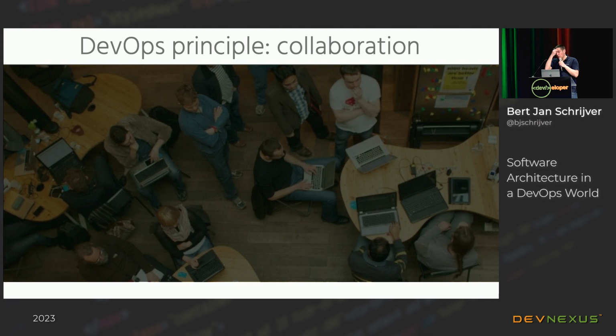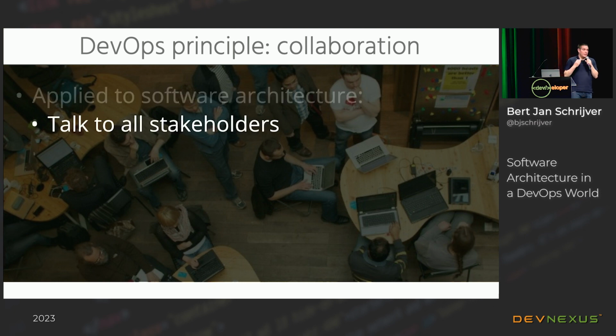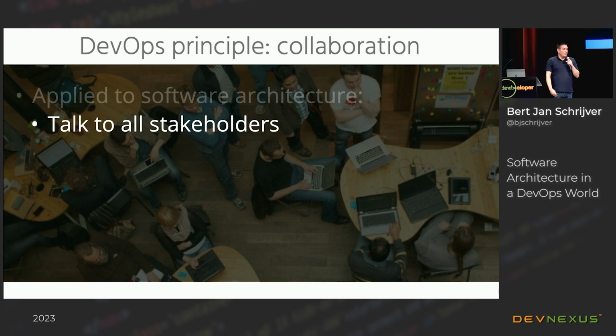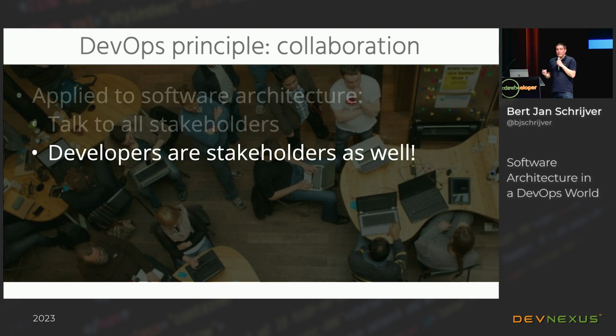So if we talk about collaboration, it's important that as an architect, or somebody who has an architecture role, you talk to all stakeholders that are involved. Maybe the people responsible for the business, people who are in support, people who pay you, and find out what drives them and what makes the project succeed for them. And remember that developers are stakeholders as well, because they're the ones that need to build the stuff that you design. If you design something that's unbuildable or takes a huge amount of time to build, well, probably you did something wrong.